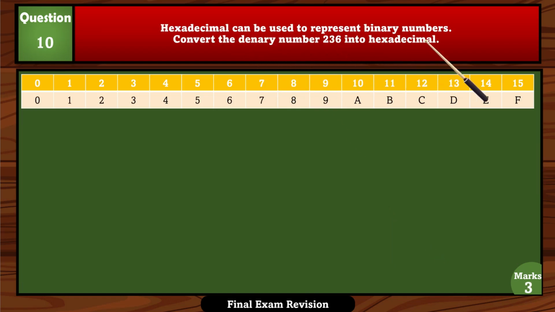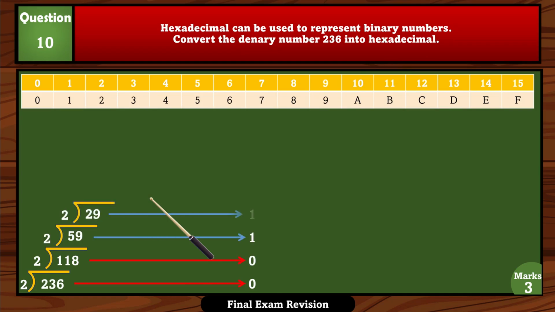Okay, question number 10. Hexadecimal can be used to represent binary numbers. Convert the Denary number 236 into hexadecimal. We have a table here. And now we need to convert this one to binary first. So here is the binary of 236. Okay. And then